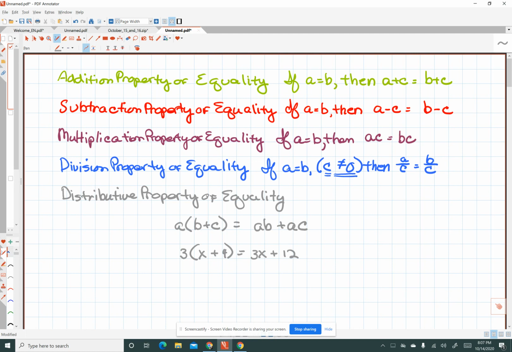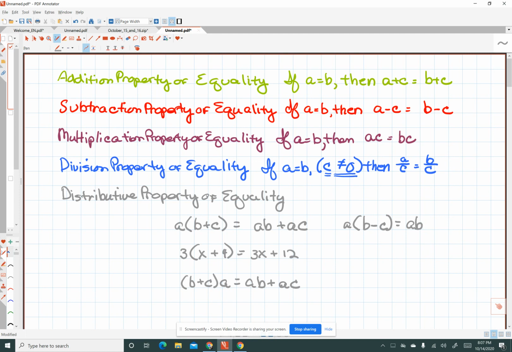Occasionally, you will find the variable might be on the right side of the quantity in parentheses. It may look like this. Same thing, okay? So you've got A on the right side of the parentheses, but it still equals AB plus AC. Also works when we have negatives and subtractions. So A times the quantity of B minus C will equal AB